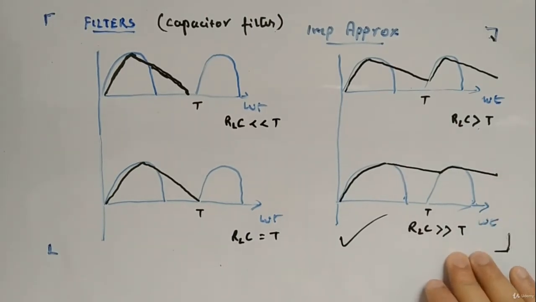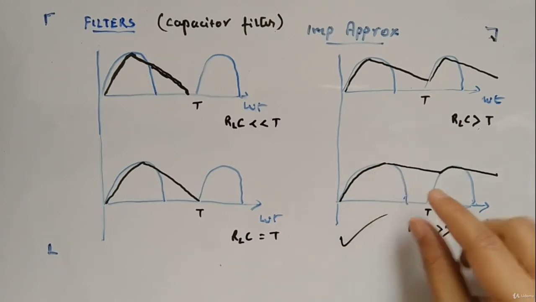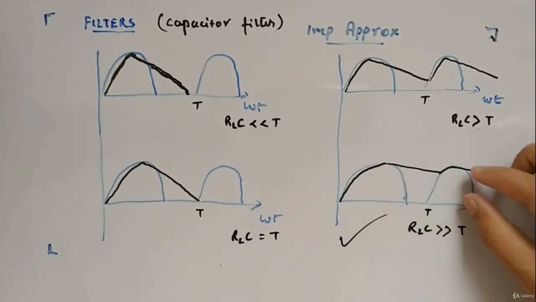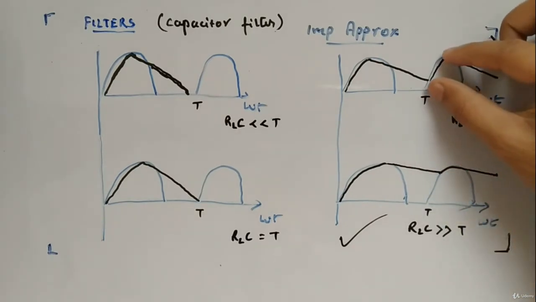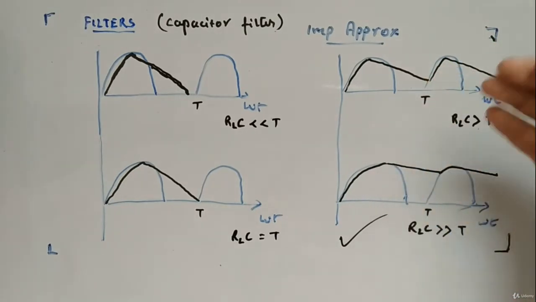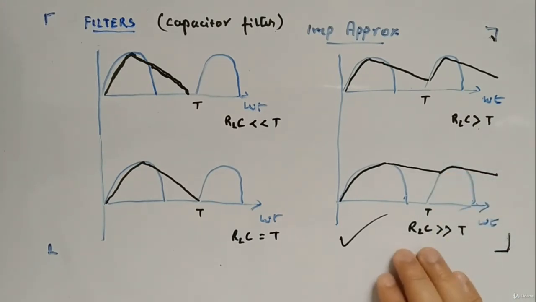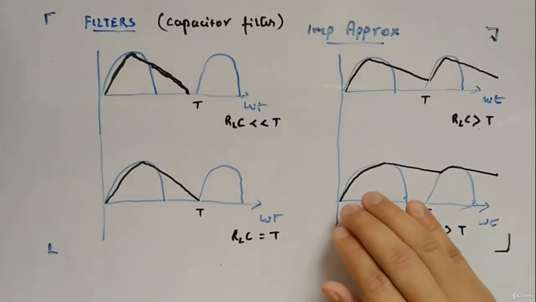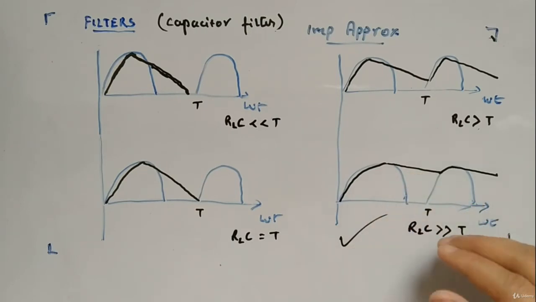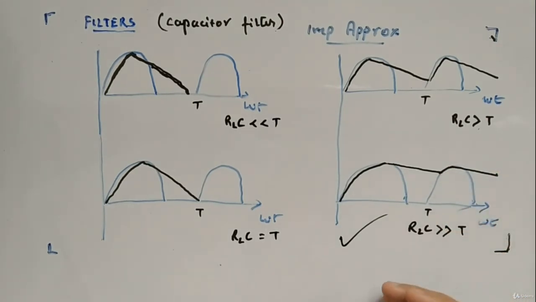Okay, in the fourth you see RLC is very very greater than T, then what will happen, the capacitor will charge to the maximum value, but it will lose a very small value of voltage. Okay, you can see the amplitude here is very less, here it is very high. High amplitude difference means it will provide a high ripple. Here the voltage difference between the maximum and this point is very low, so that is why this is the preferred case. This approximation we will be using, because the capacitor will lose very little charge, and in that fashion there will be very few ripples, which is what we want to convert AC into DC.